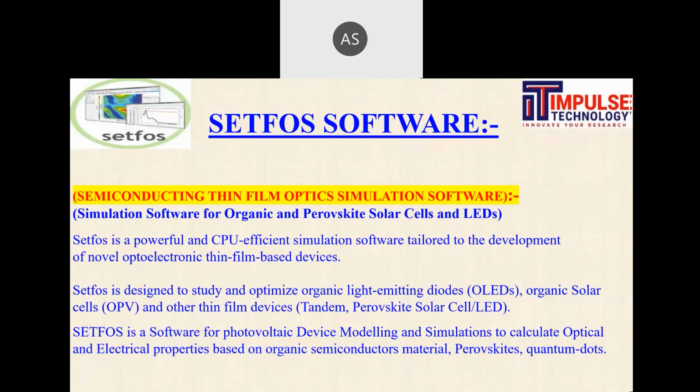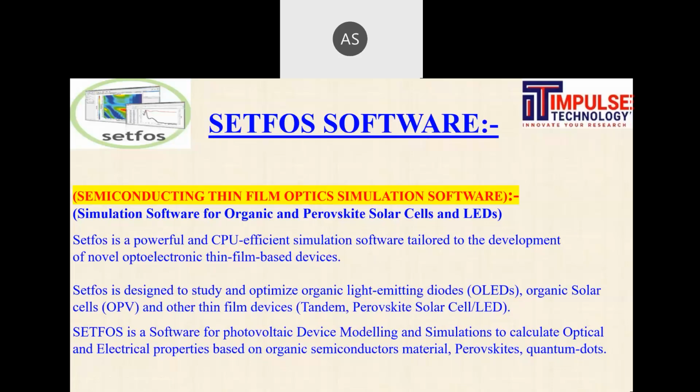It is designed to study and optimize various parameters to understand OPV and thin film devices, and it can be useful for all photovoltaic device modeling simulations to calculate electrical and optical properties based on organic semiconductor materials, perovskite, and quantum dot devices. This is a brief introduction about SATFOS. We will discuss it in detail in upcoming slides.